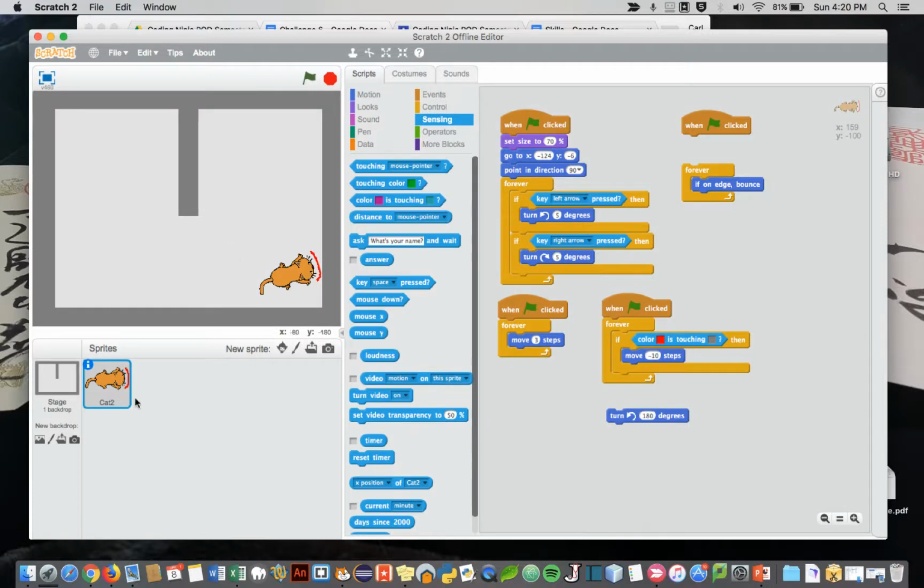Okay, so we've got a cat that moves, and when it moves, it's using the move 3 steps block, and we can get it to bounce off walls doing multiple ways. What we want to do is have another sprite that moves differently. So I'm just going to hide this sprite for now,